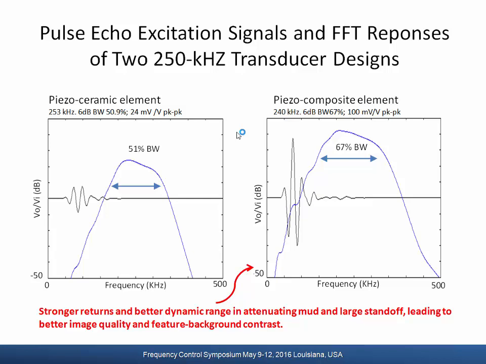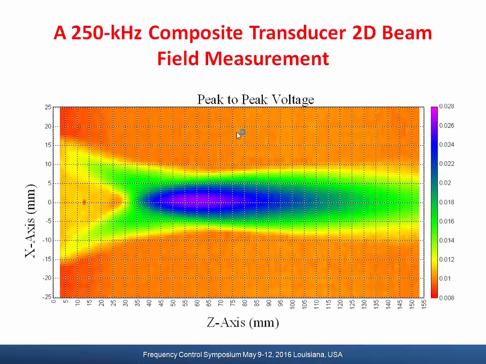If we compare these two figures, we can see generally the composite transducer has almost 4 times the signal amplitude and 1.3 times wider frequency band over the ceramic element. As a result, it provides stronger returns and better dynamic range in attenuating mud and large standoff, which could provide us better image quality. Now let me show you the